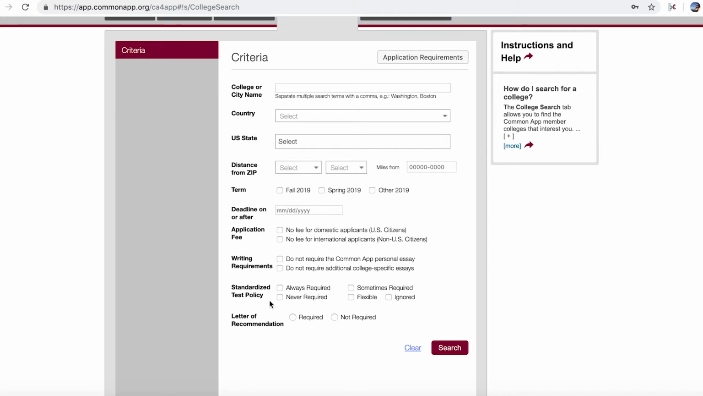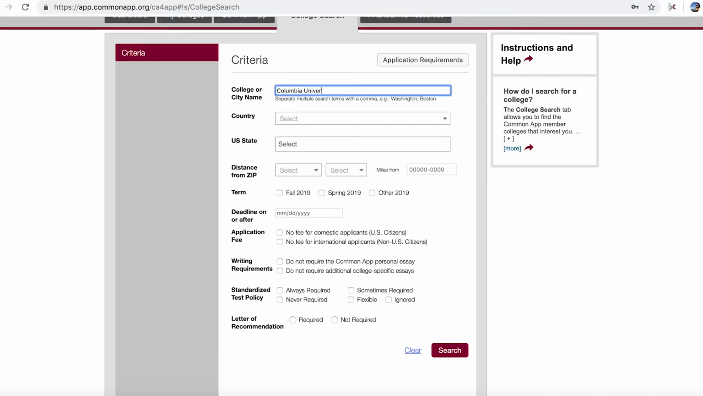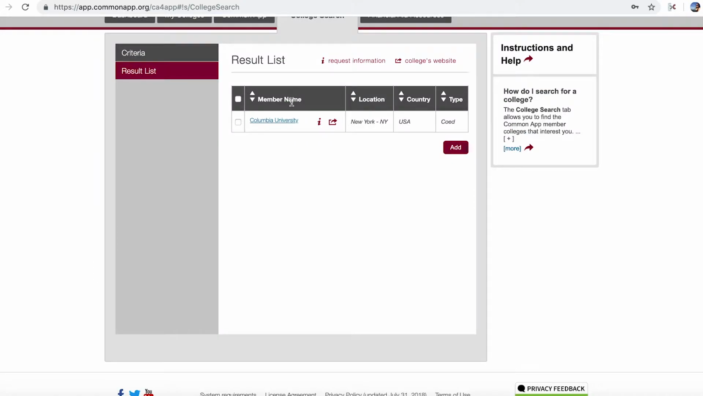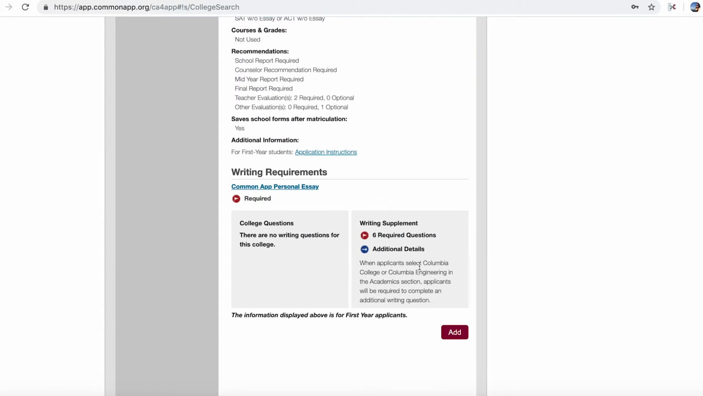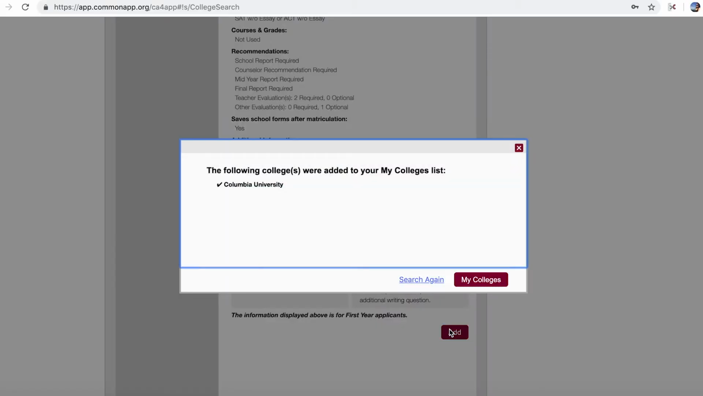The simplest way, though, to find a college is literally just to type in its name, and then once you find what you're looking for in the list of everything that pops up, you can click on it, view its stats, and most importantly, scroll down and hit that little red Add button to have it show up in your My Colleges tab. You can add up to 20 colleges, which was kind of a problem for me